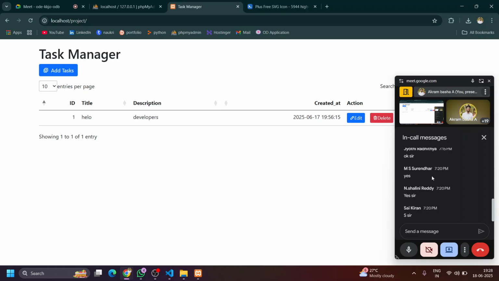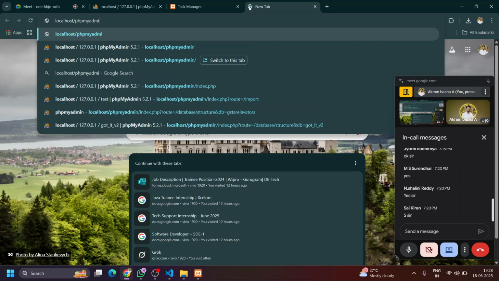Now let us perform the functionality of the add operation. You can see the icons have become visible. Now we have to perform the operation for add. When I click the particular add button, there should be a pop-up. It should be a pop-up like in the before project I have shown, like I will open localhost